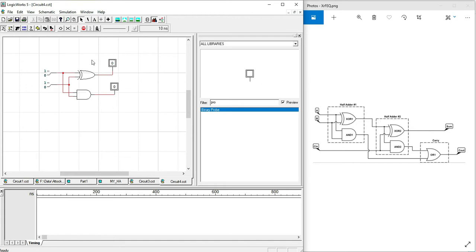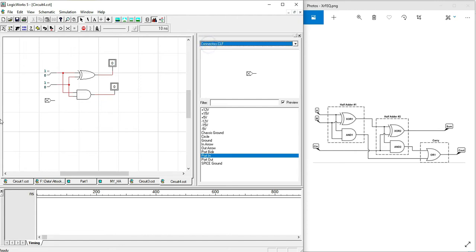So we need this half adder to be a symbol, so that we will use directly our first half adder block, then second half adder block, and then finally combine with the OR gate to achieve the output. So in this case we need to make this half adder into a symbol shape. For this we need to replace our inputs with the port in connectors. We will see the port in connector in our connectors library.